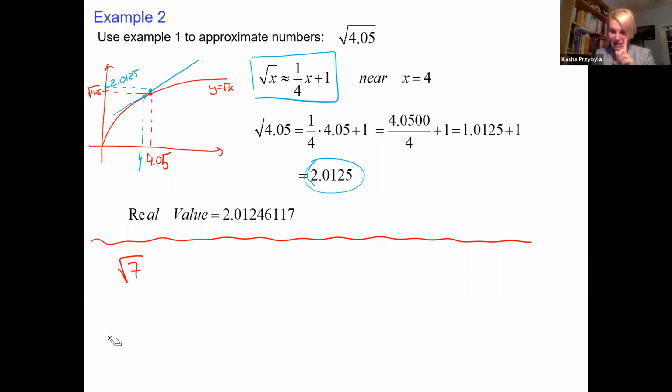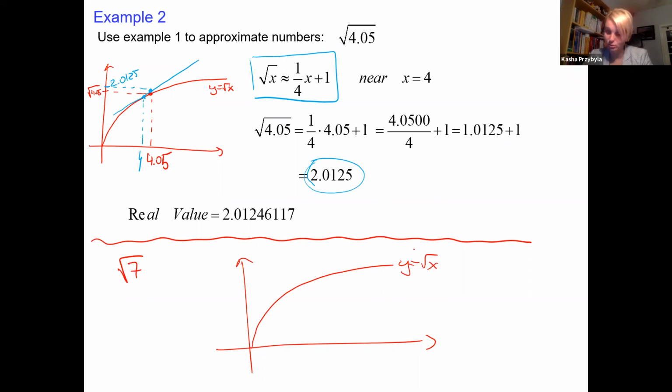Kevin gave us the good one. This is the square root of x, because we're talking about the function square root of x, and we definitely like 4 and we definitely like 9, because that's the square root of 4 and the square root of 9. And now I'm asking to approximate